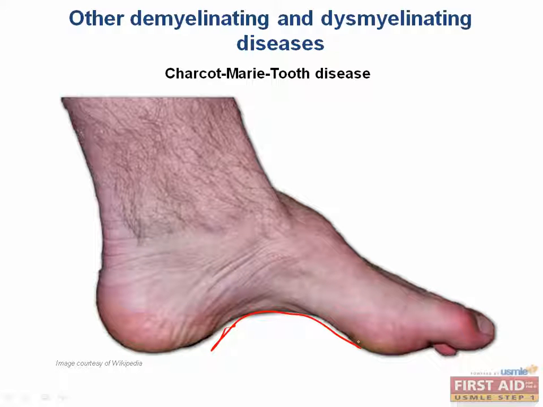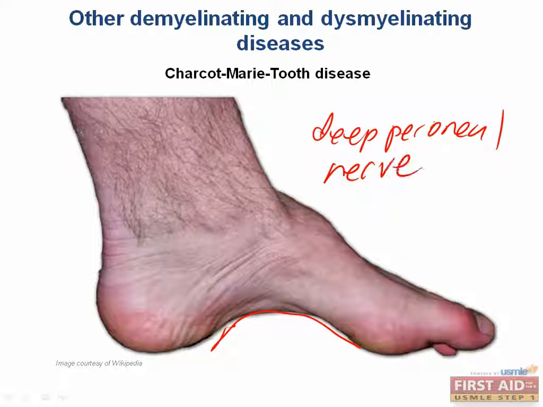In addition, you will see reduced or absent deep tendon reflexes. There are two types. Type 1 is demyelinating and type 2 is neuronal. Unlike muscular dystrophy, which actually affects the muscles, Charcot-Marie-Tooth affects the nerves that innervate those muscles. The deep peroneal nerve is usually involved. So when you get a question stem that mentions the deep peroneal nerve, you should definitely be thinking about CMT,